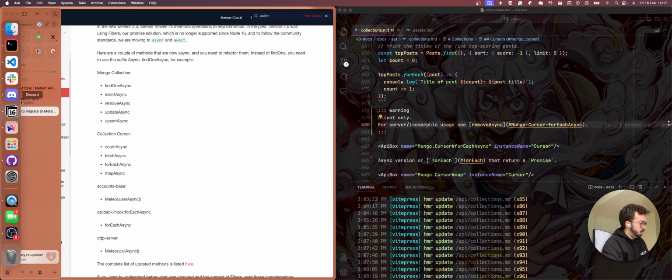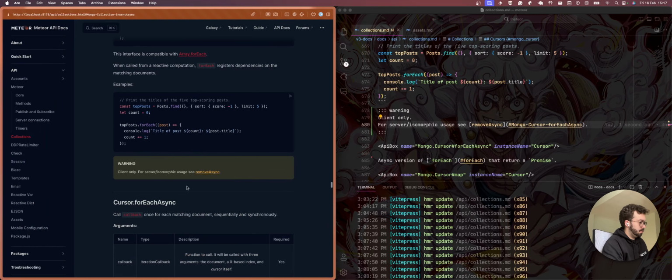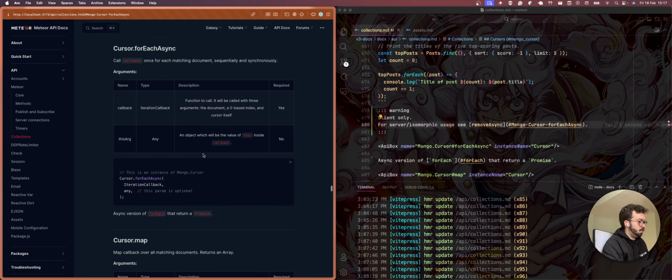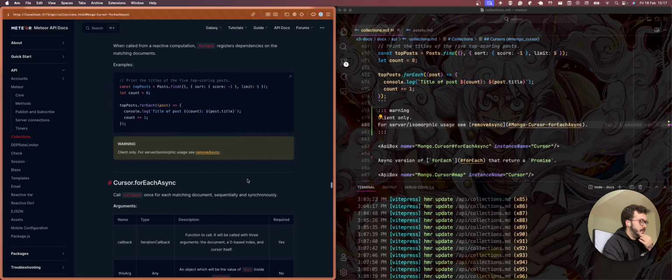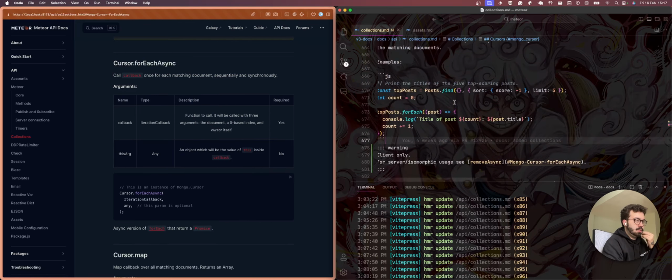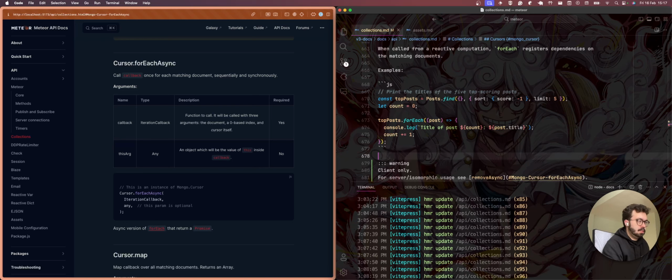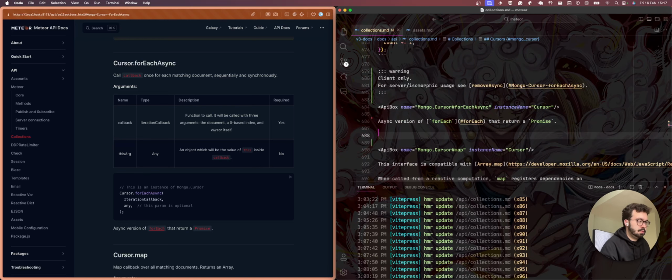Let's see if it's working. I will add some examples so people can see. Yeah, it's working. It returns a promise, so it's awaitable. So let's do this, and send it.